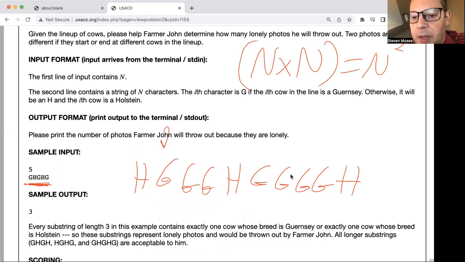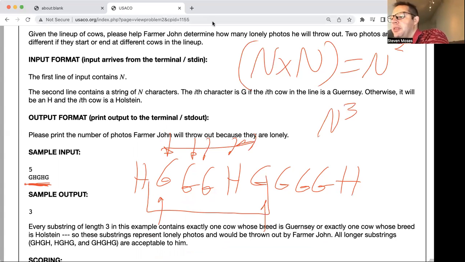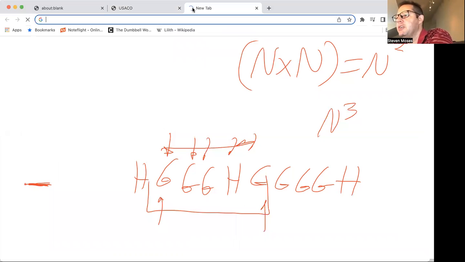But if I have to look at this subset here to here, and then find out how many G's and how many H's there are, I need a loop to go through each of those. So for every possible pair, I now need to run through all of them. That's yet another n, which is n cubed. N cubed with, what did they say the limit was? 500, I think. Look at that. 5,000. Okay, so 5,000 cubed